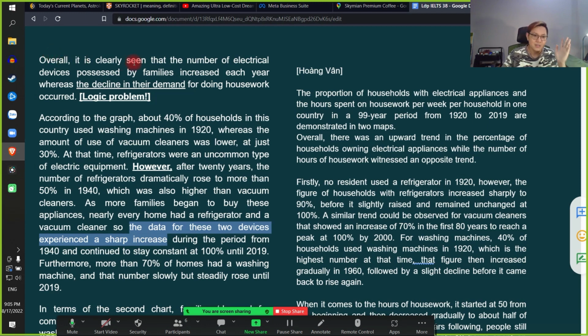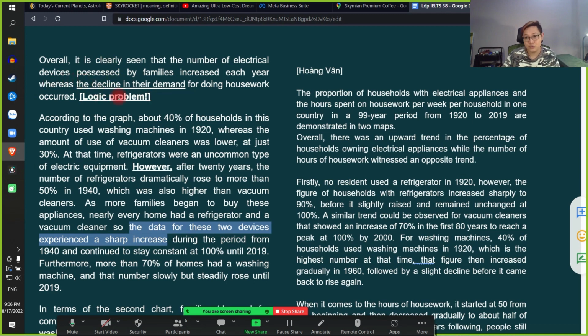Không chấp nhận được tại vì sao? Bên dưới này, cái giả định này là nó rất khả năng, cái này là một cái điều mà gần bằng nghĩa nhau. Em assume được, nhưng mà trên đây như thầy đã giải thích thì lỡ đâu có nhiều những khả năng khác xảy ra thì sao? Nó không hoàn toàn chắc chắn. Cho nên đây không phải một cái safe assumption, không phải là một cái điều mà giả định an toàn để mà em có thể giả định được. Cho nên bên trên này thì mới ghi là logic problem đó.